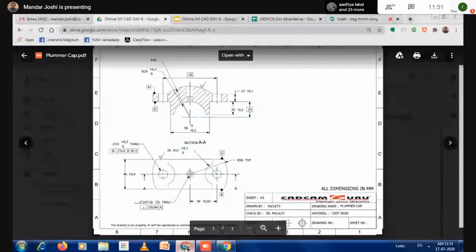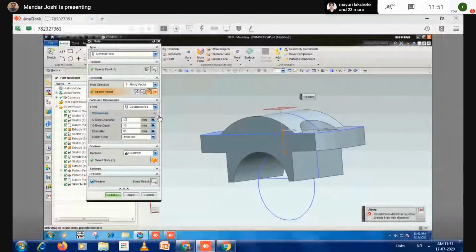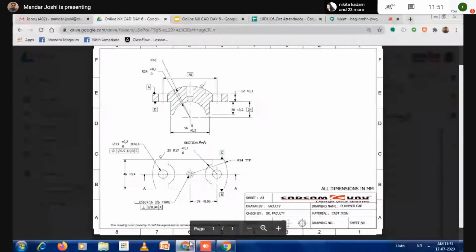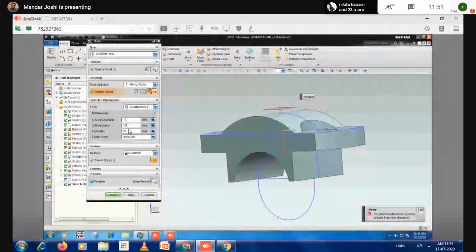Sorry, it came the other way around. Counter bore diameter is 10 and this depth is 16. That small diameter, it is 6. And that becomes through. This becomes 6.